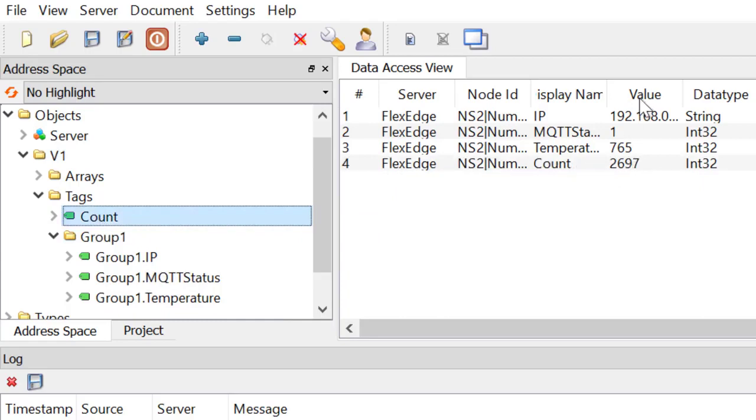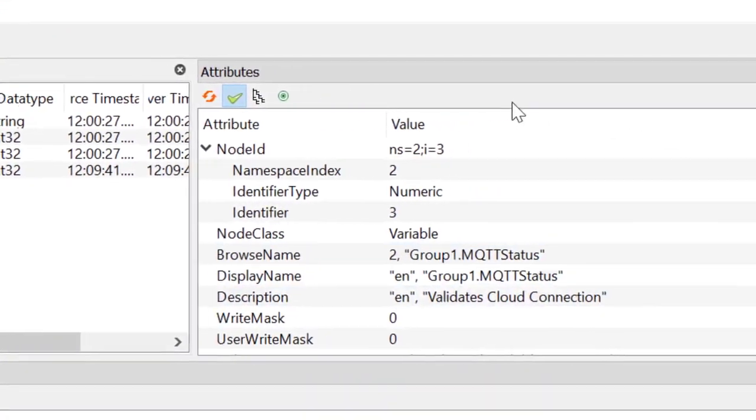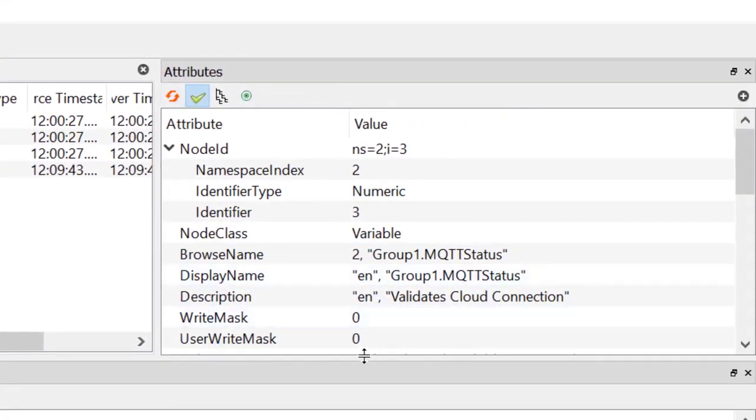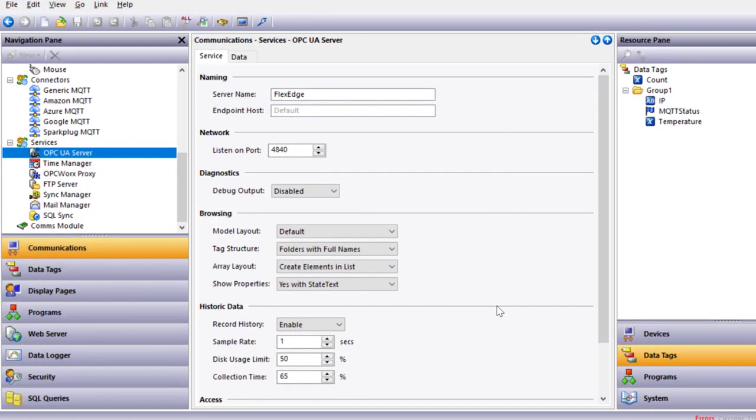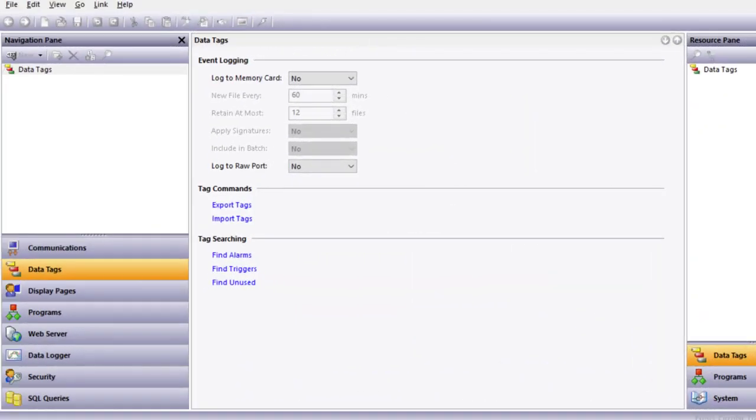So within Crimson, we enabled the ability to add folders. We also enabled other properties. So if I select on MQTT, for example, you can see the rich set of attributes that come along with each tag. So you can see how intuitive and easy it is to set up OPC UA server on a Red Lion device using Crimson software. Finally, I want to show how easy it is to set up a Red Lion device